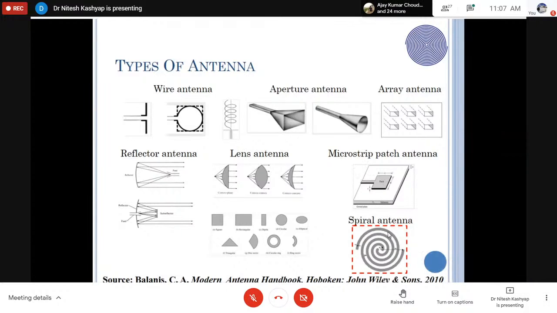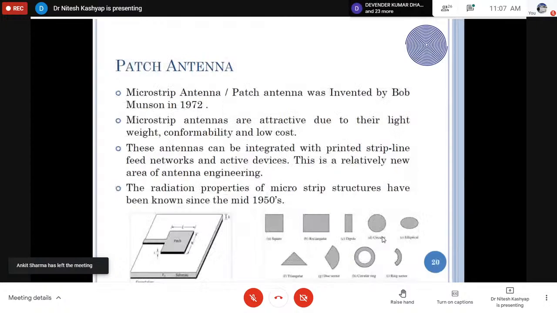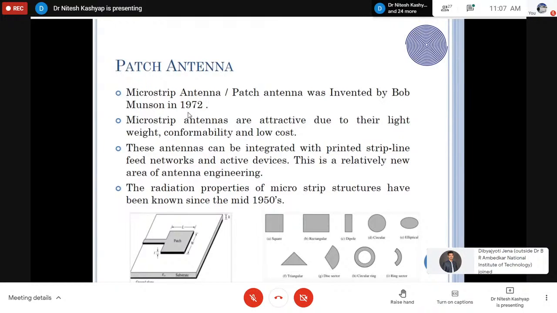Other than that, we have a planar antenna, which is a spiral antenna. Today's topic is the spiral antenna. Before I introduce the spiral antenna, I will tell you about the patch antenna here. So what is the patch antenna? The microstrip patch antenna was invented by Bob Munson in 1972, and the microstrip antennas are